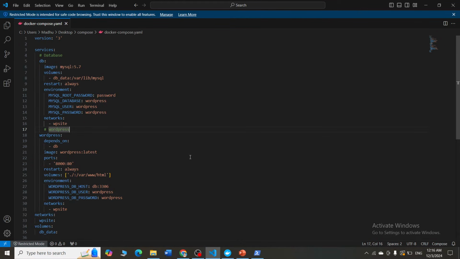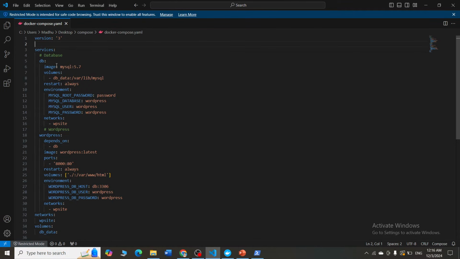If you go into the details of it, the file format will start with the version, where we are telling the Docker Compose file to use version 3. So you're specifying the Docker Compose file version here. Version 3 is widely supported, so we give version 3 here, and then you give the services. Services are nothing but the containers, so we are defining the containers that we want to run here.